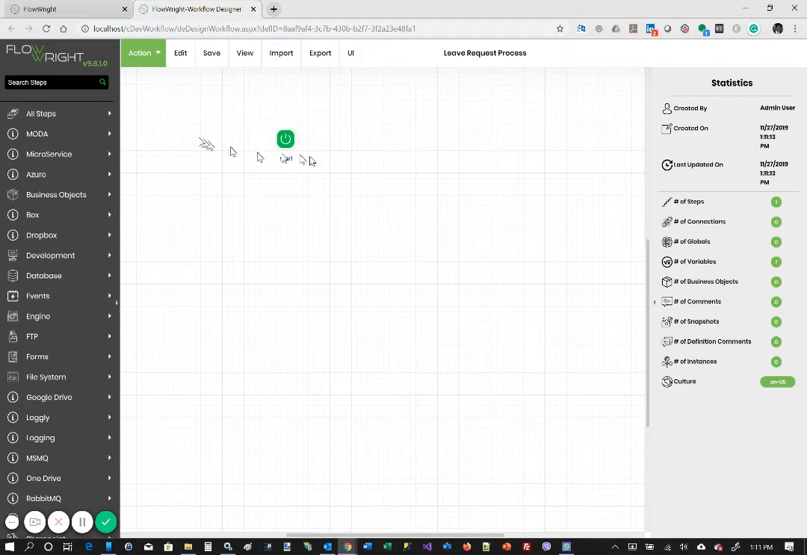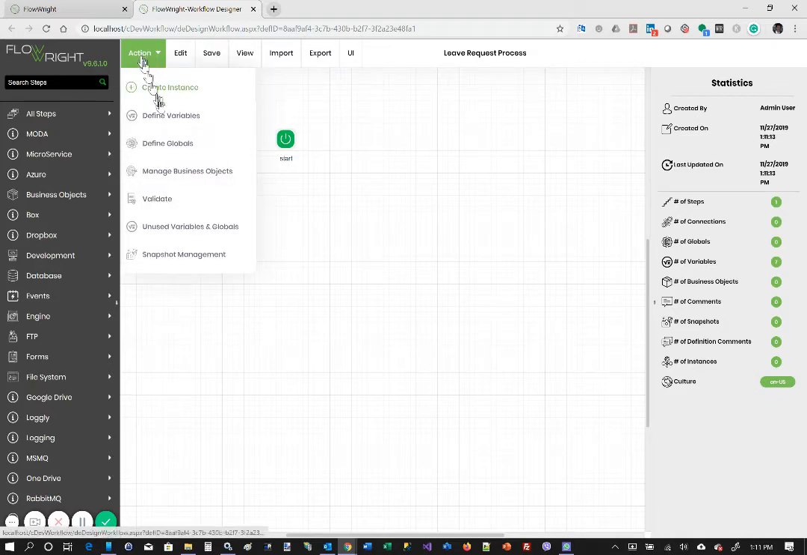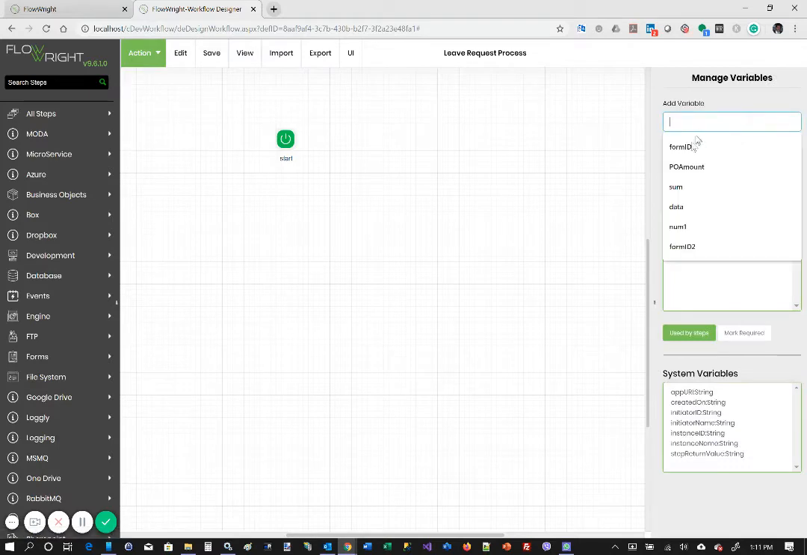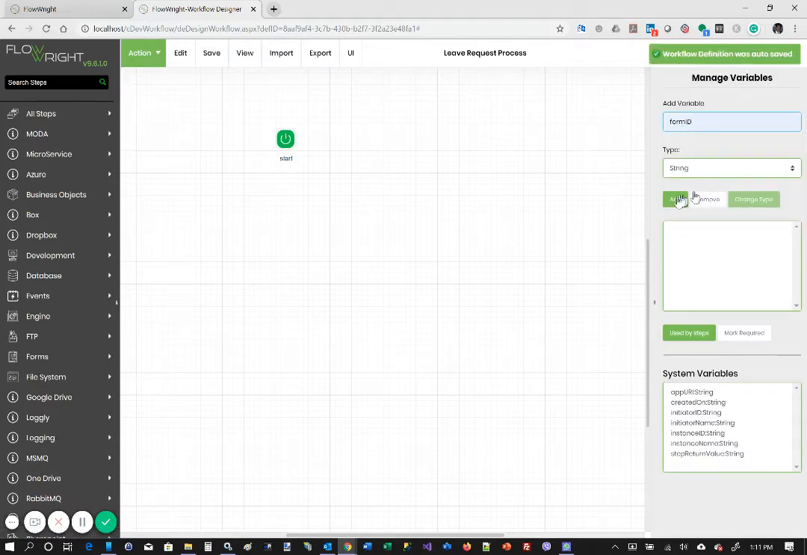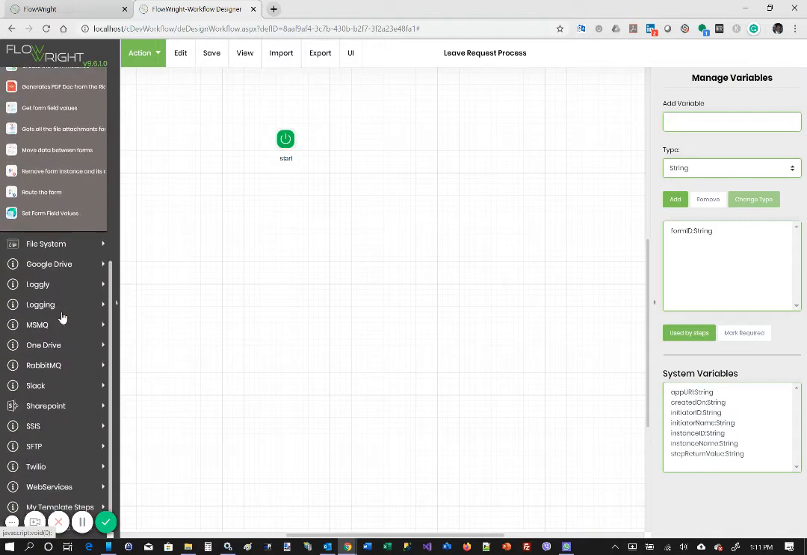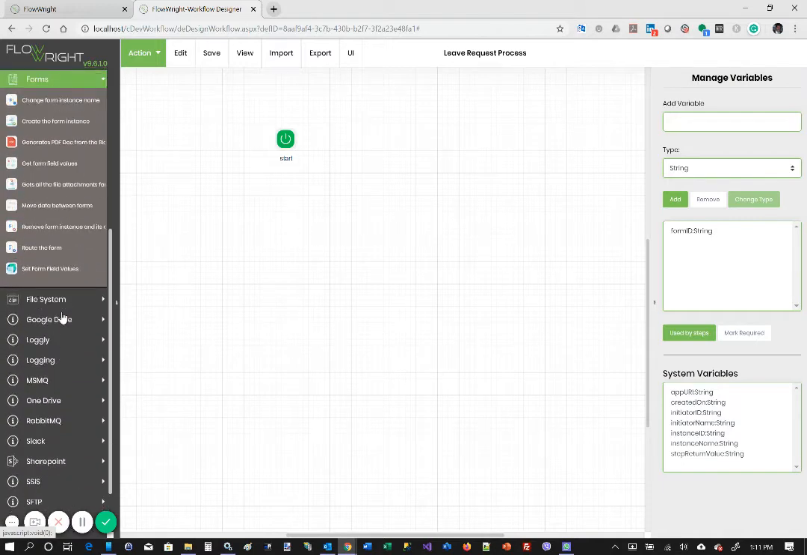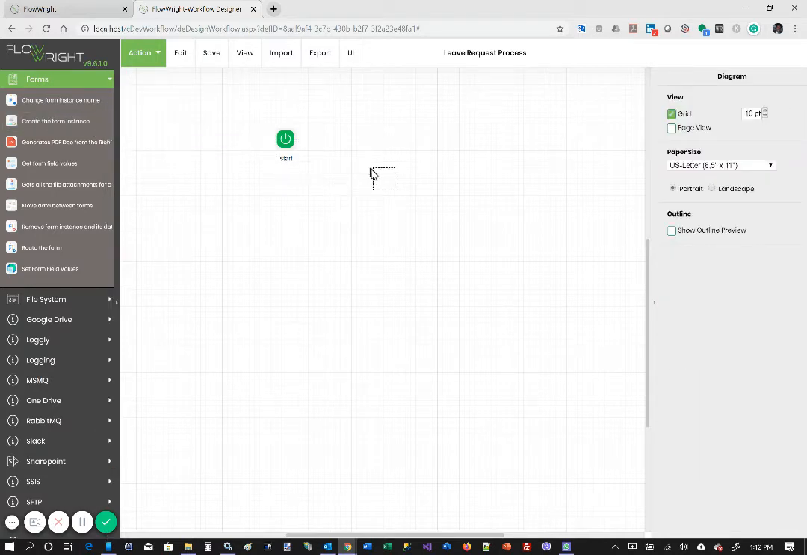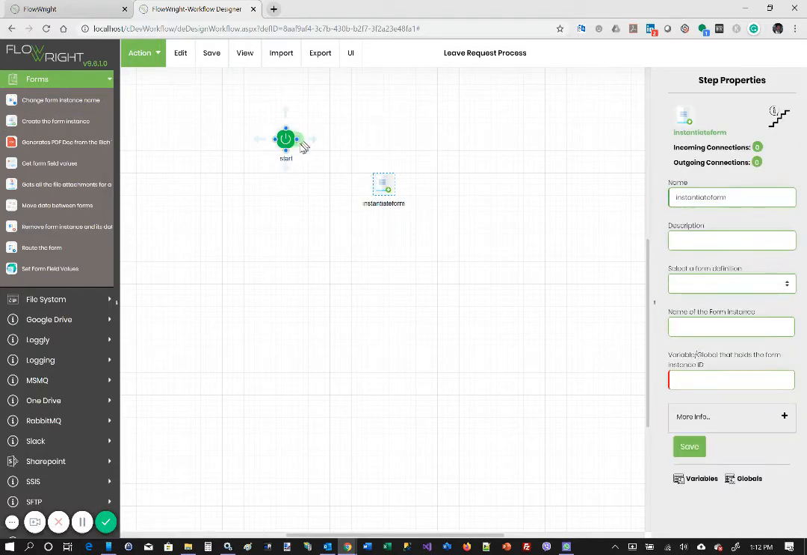So in this example, let's go ahead and define a variable. So we're going to define a variable called form ID, and it's going to be string. We're going to add that, and let's go to our form steps. So we're going to do forms, and one of the steps we have is to create a form instance. So what we're really doing is we are creating an instance of that form from the definition and then routing that form for approval. So let's go ahead and put this form step right here